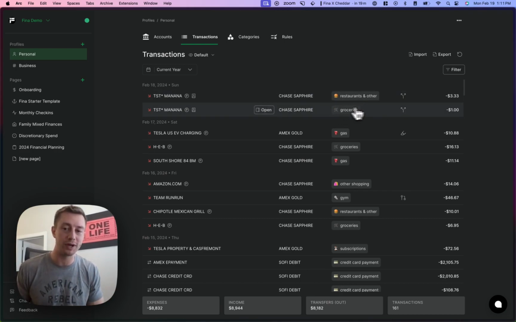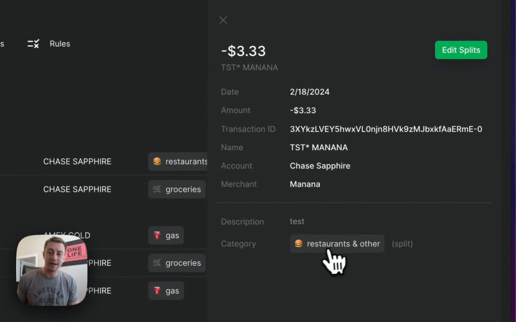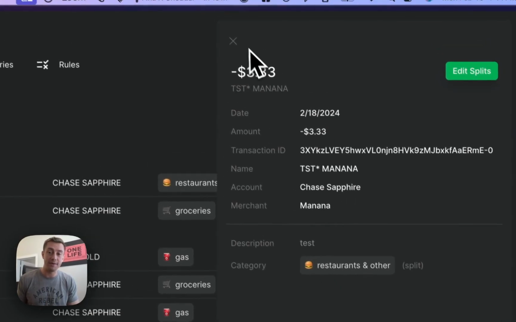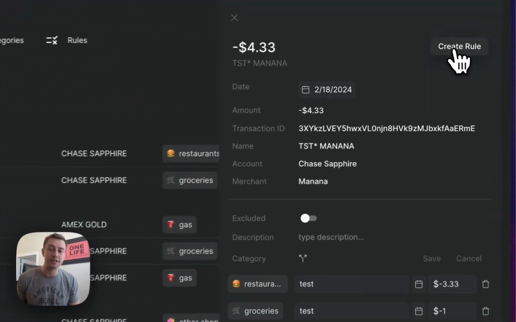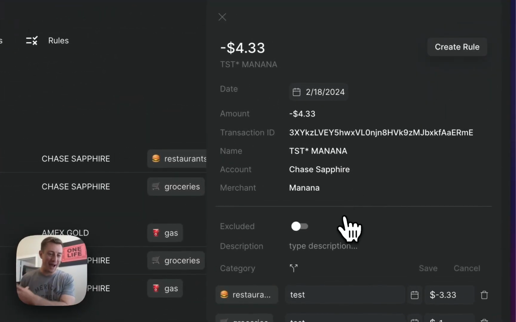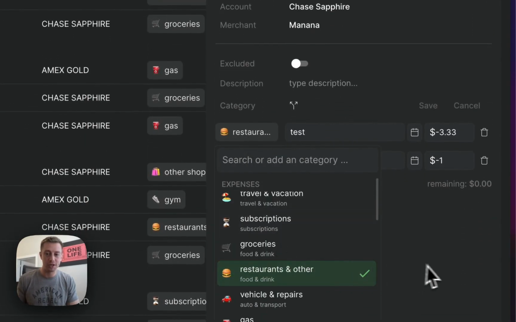These two new transactions have been split, and these are what are going to be added into your reports. If I click open on any of these splits, you'll notice that these are not editable. That's on purpose. If you want to edit any of the splits, you can click the edit splits button, and it will link you back to that original transaction where, again, you can go ahead and change any of those